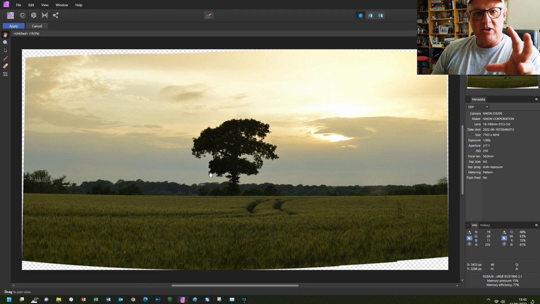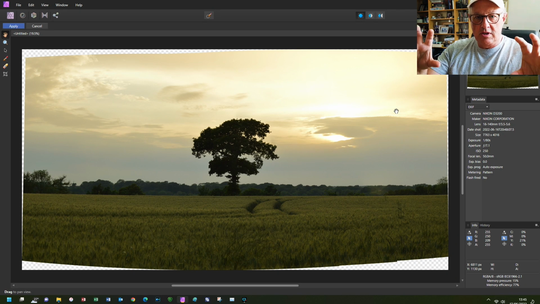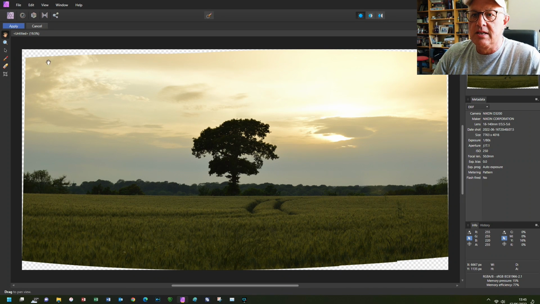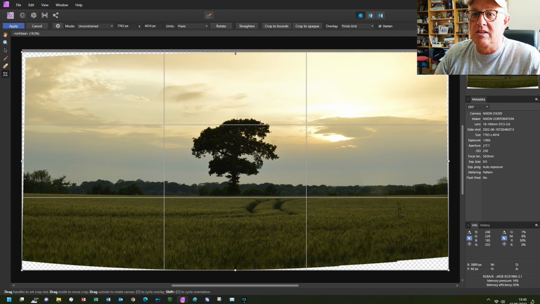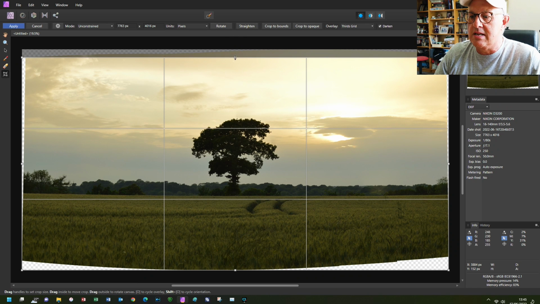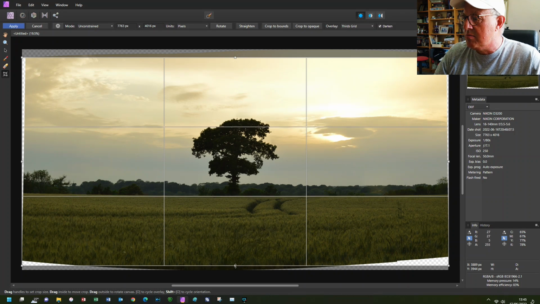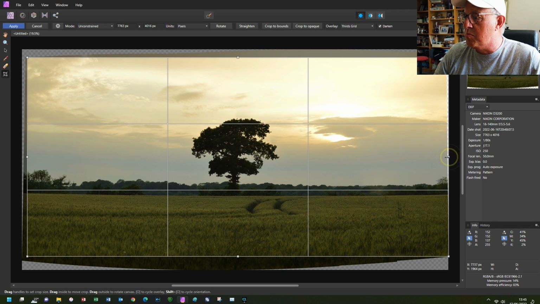So what have I got to do with this image? Well, I've got to crop it because of the panorama, the way it's lining up all the synchronized edges, it has moved the left and the right, and so we get these areas with no image. So I can use the crop tool, which highlights the image, and just drag the border. In terms of the top, it's this section here, so I'll bring that to there. I might actually make it a smaller pano, but for now I'll just remove the white edges and click apply,